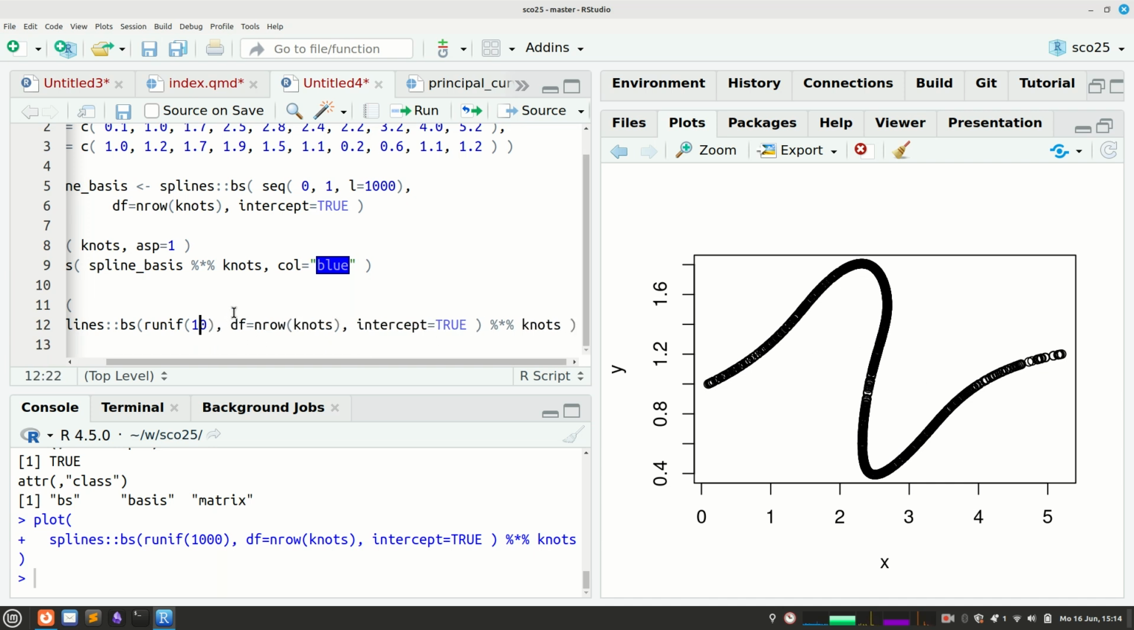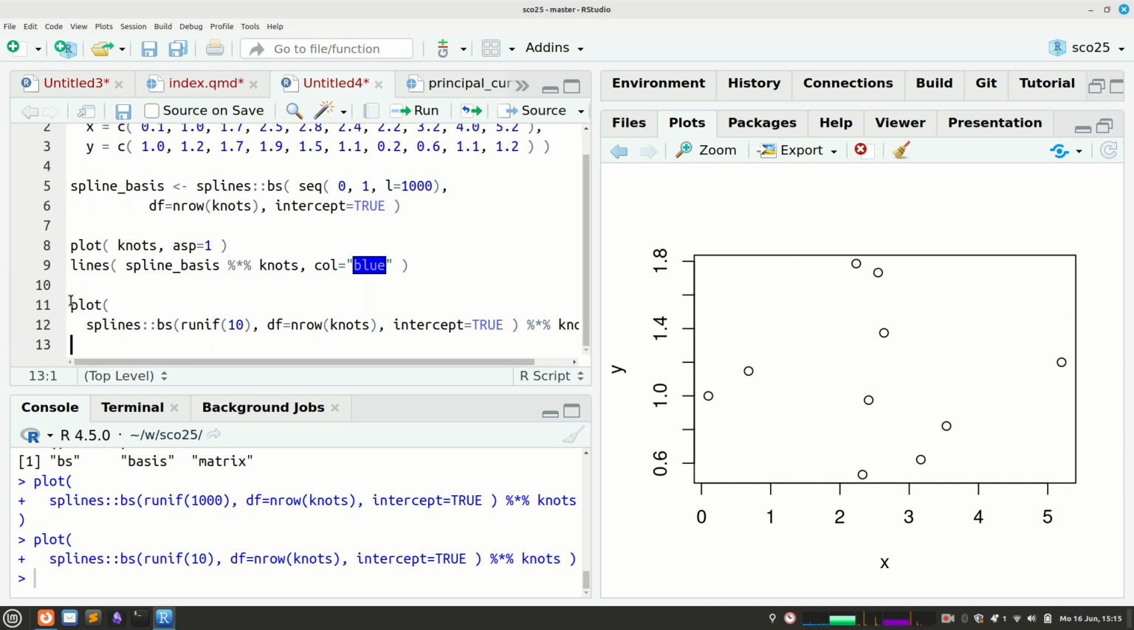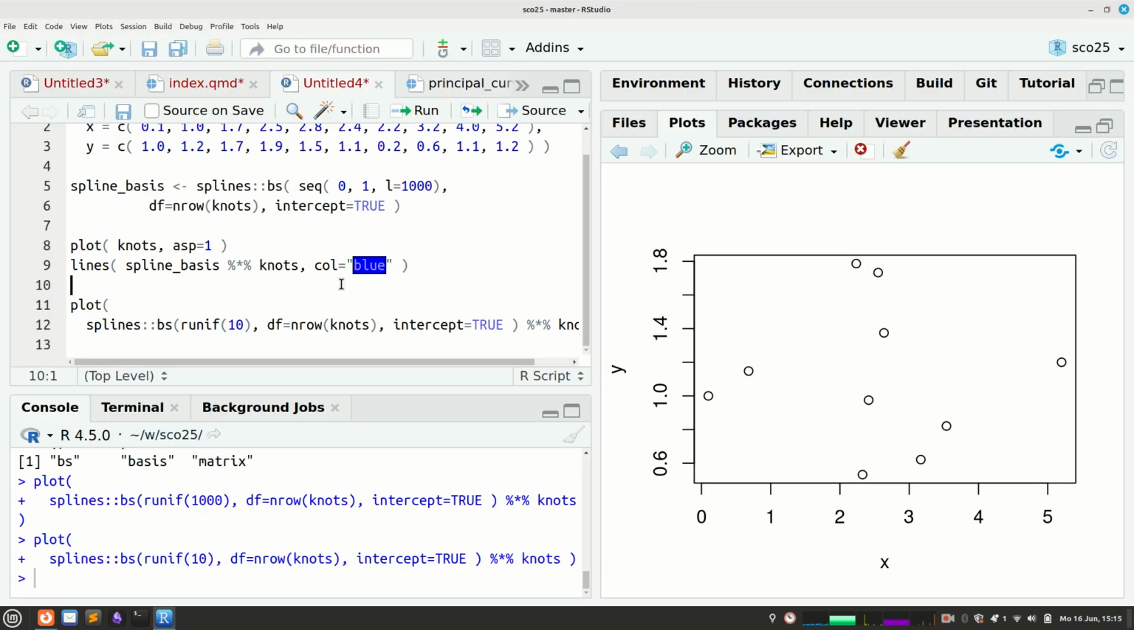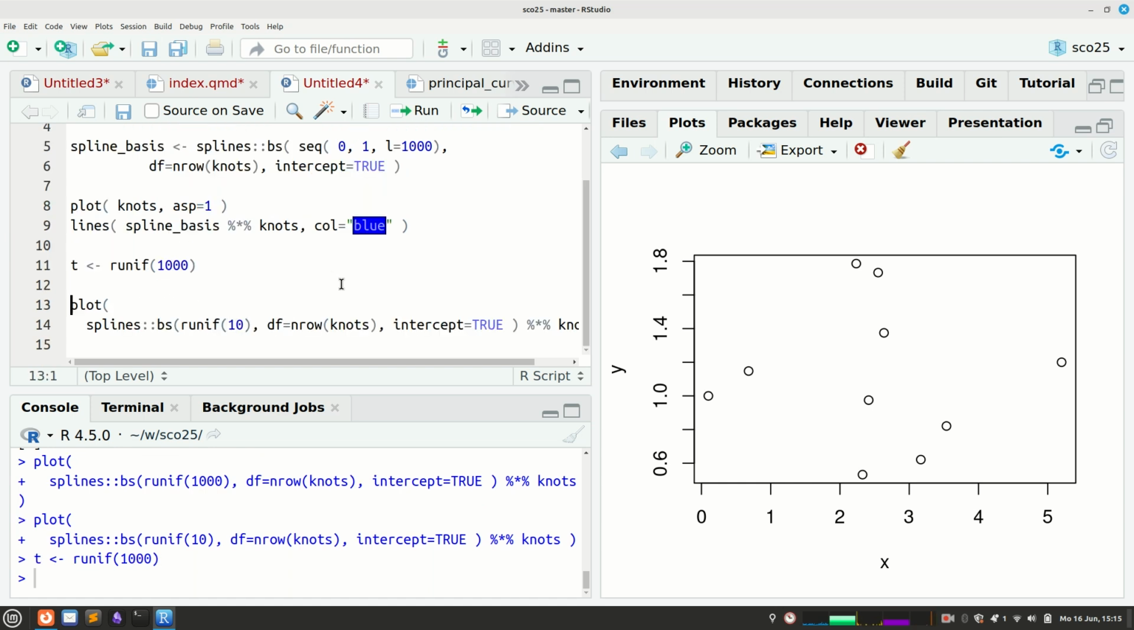If I take, for example, only 10 of them, then you see they sit just in some random order like this. Let's call these points, just to stick to the same way I've done it last time, I now simply say I have here these points on the curve, which is something like our pseudotime. And when I calculate the spline at these points, so splines,